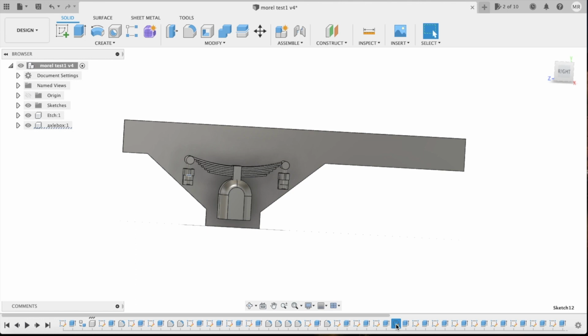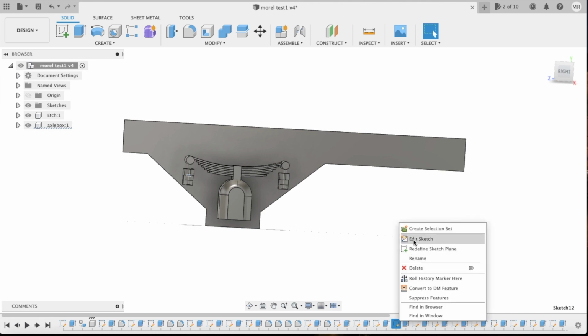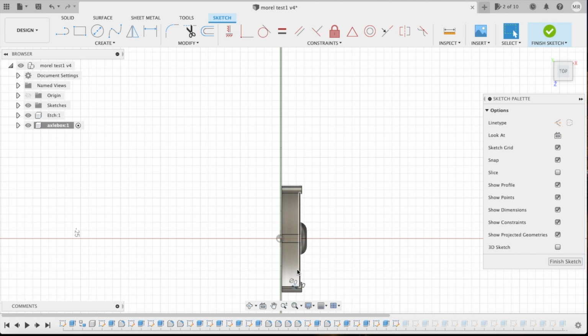I then created a hole, so if we look at that sketch, find the right sketch again, that one, you can see what I've actually done there is I've created, you don't see it very well unfortunately because of the way it's shown to you, a hole going through